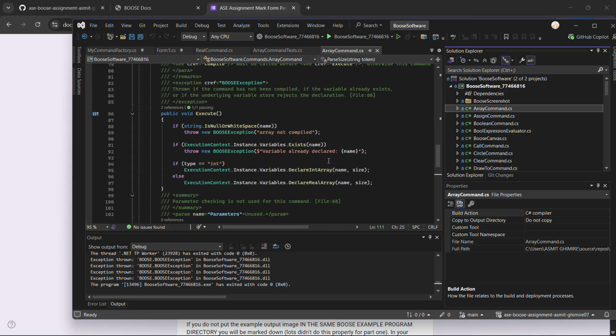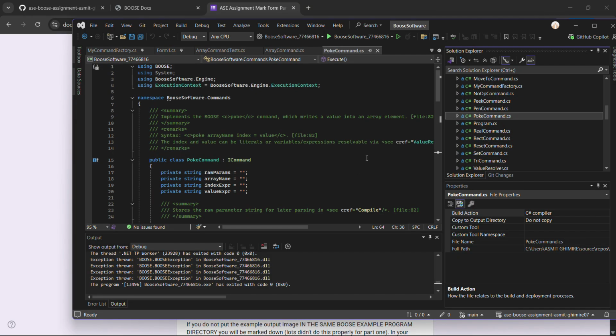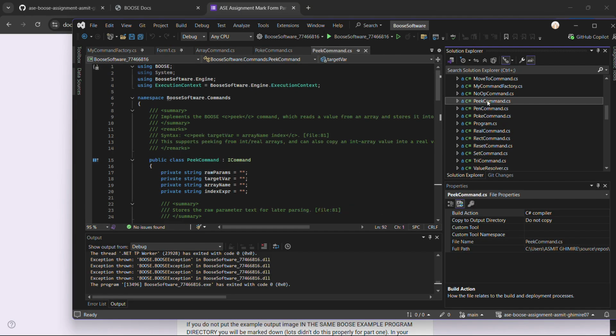The array elements are modified by using my own poke and pick commands over here. Here is the poke command from the poke class, and here is the pick from the pick class.